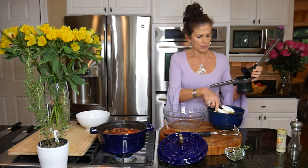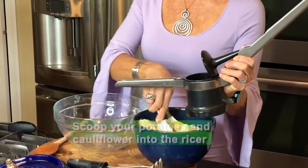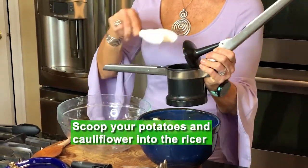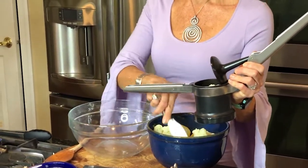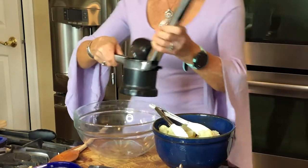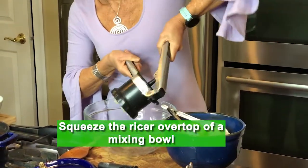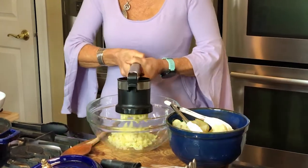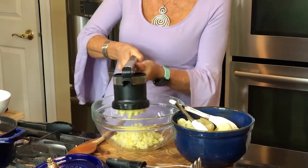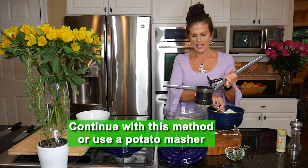So all you do is you just put your potatoes and your cauliflower into the ricer. This is called a potato ricer, sorry, I did want to mention that. This is a ricer, and I'm just going to pop everything in here, and then you can simply just squeeze it, and you'll see the potatoes coming out, and there's no mystery as to why it's called a ricer. So I'll just keep doing that with the rest of the potatoes, and then I can give it a good